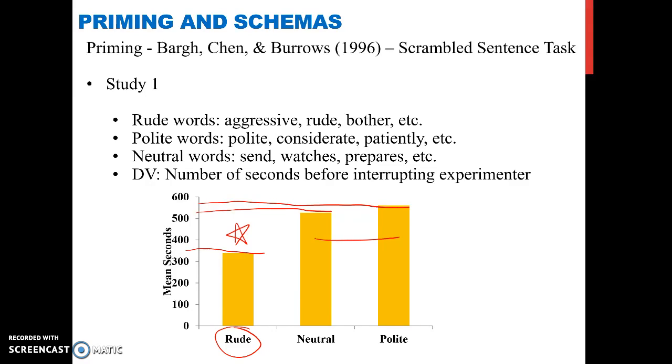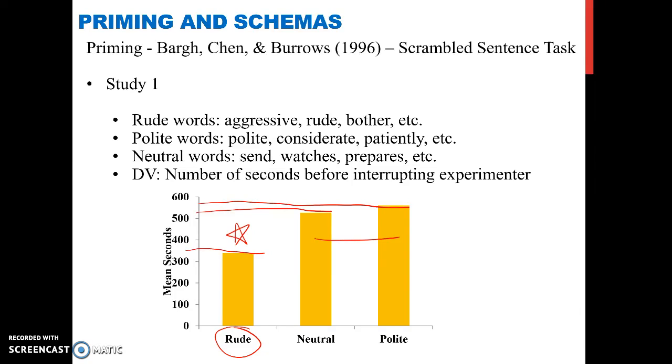Now, that's kind of a cool, sorry, I'm a little under the weather. But that's kind of a cool effect if you think about it. So what's happening theoretically is they're primed with these words. What's going to happen is you see the words rude, bother, aggressive, and that's going to engage spreading activation. And then let's say they're done with the task. Their nodes are spreading activation. Then once they reach a threshold,